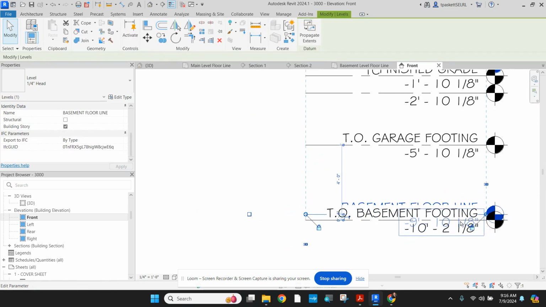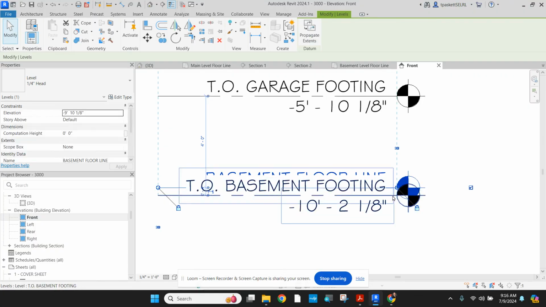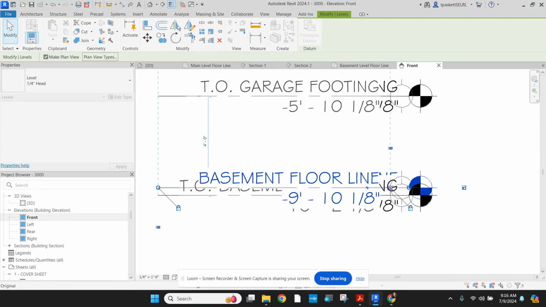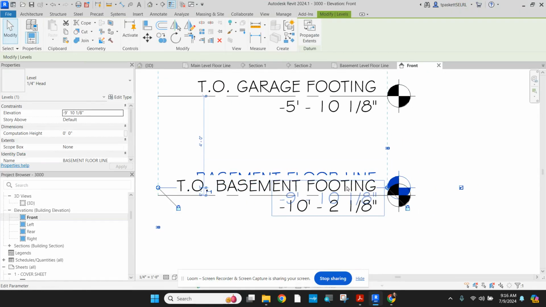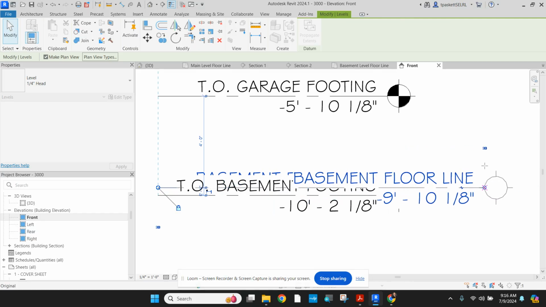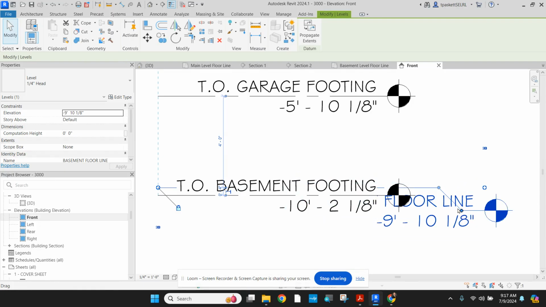What you can do is come along, find your dimension line, and you should be able to find a mark. Now, we should notice it's locked, and that's fine. But what we're going to do is hit this little square dot here and see if we can't find a little beading element in there. So we get that to click in. It's a little tricky when they're overlapping like this. So what I'm going to do is unlock and pull this one out a little further, so you can see what I'm talking about. See this little mark right here, this little up, down beat. If we click on that, we can break